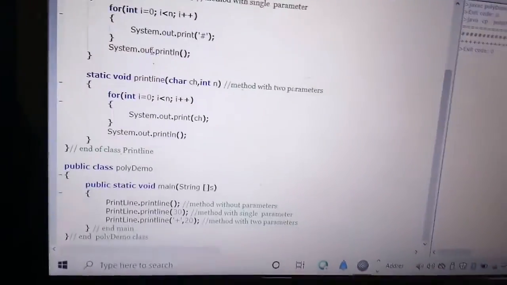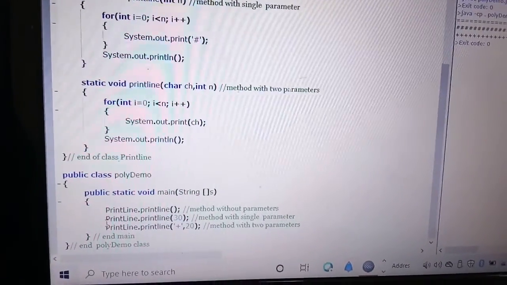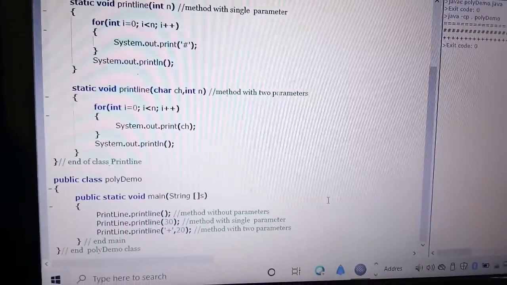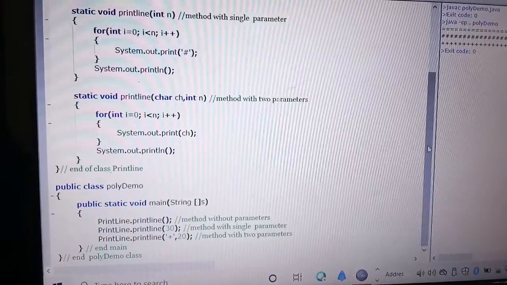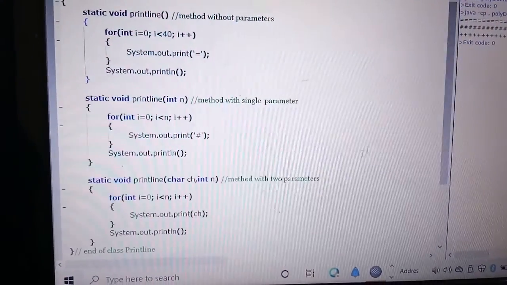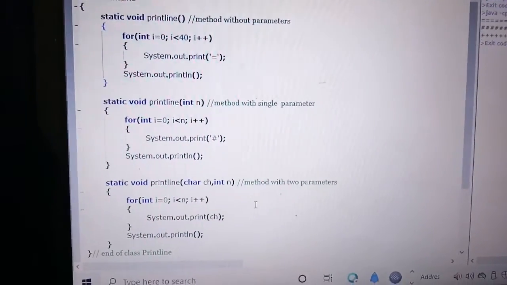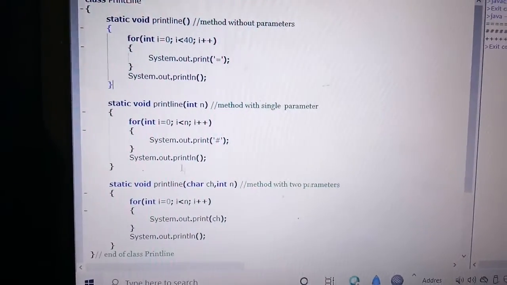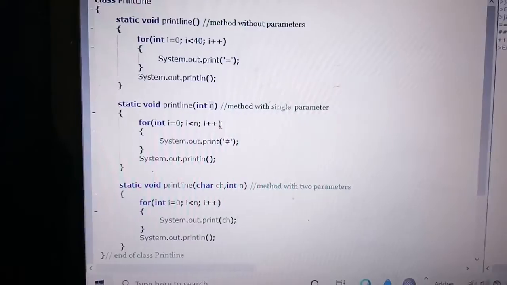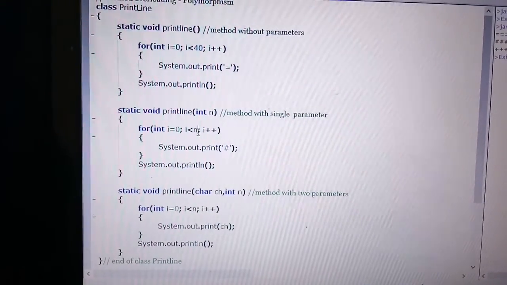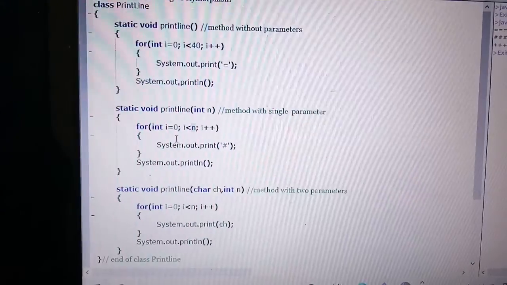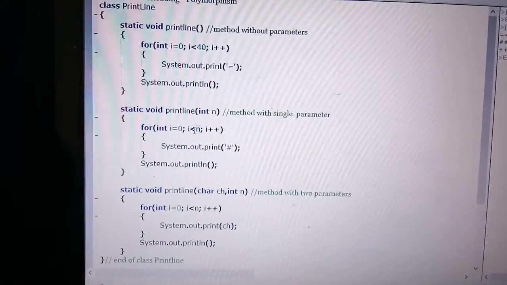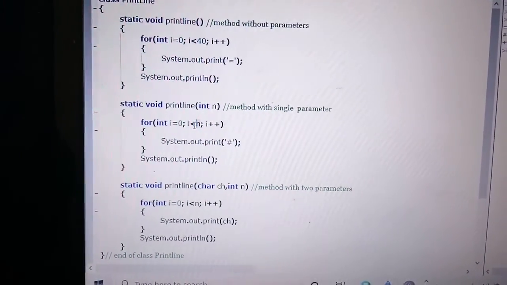Okay, now I am going to the second line of my main program. Here I am again calling the class PrintLine dot printLine 30. Here I am passing one parameter, which shows I have to select a method that is taking one parameter, and that also an integer, because 30 as a value is a whole number, so it is an integer data type. So it is reflected here, n gets the value 30. Now this n is replaced here, so my for loop is now running from 0 to i less than 30. So from 0 to 29 my loop is executed.